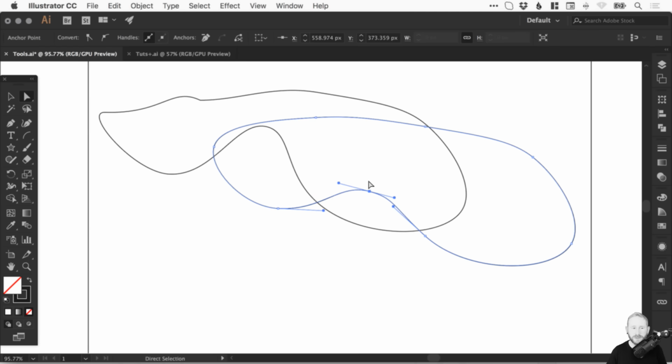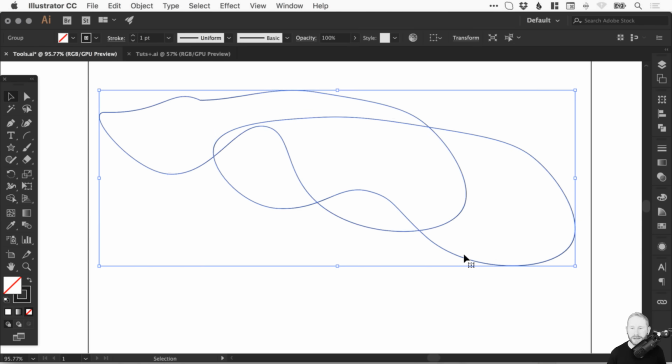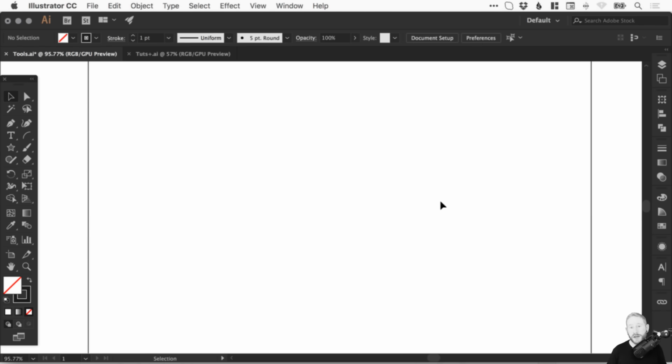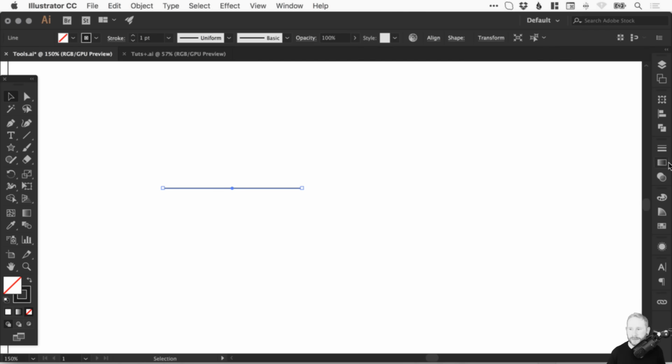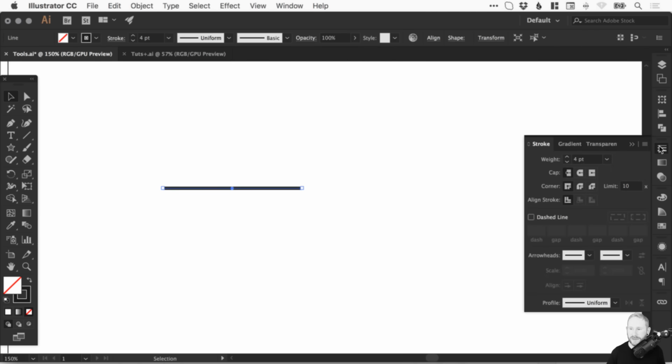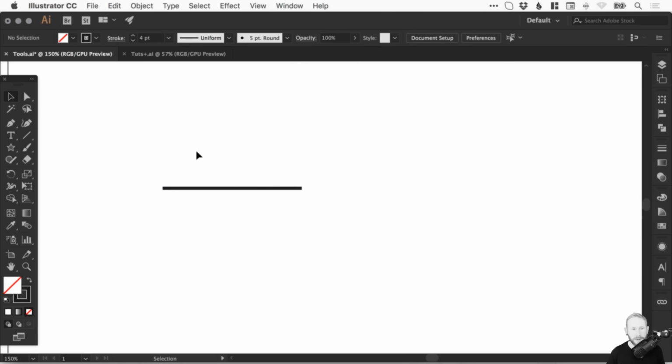because once you've drawn a custom shape with the pen tool, or even if you've just drawn a standard shape, it gives you that freedom to adjust the shape, move it all around as you like. So incredibly useful. So another example of how useful it can be is if I zoom in and I create a line. Let's just increase the weight of that. So we've got a line, and we'll just left click, hold Alt and Shift and drag that across to create